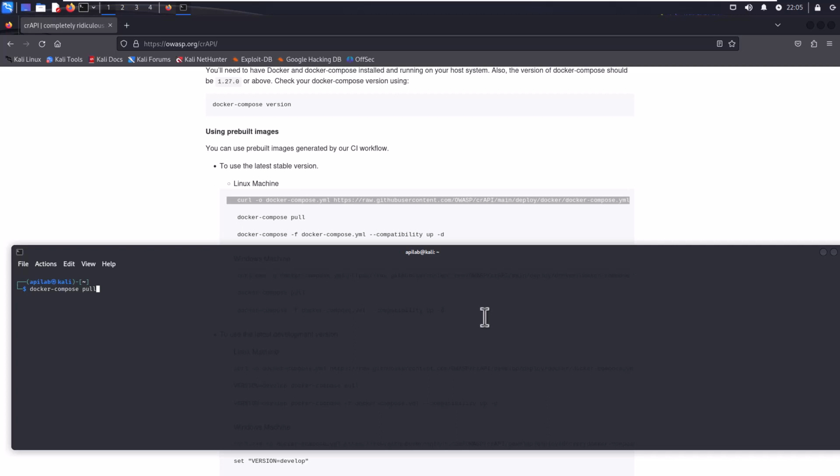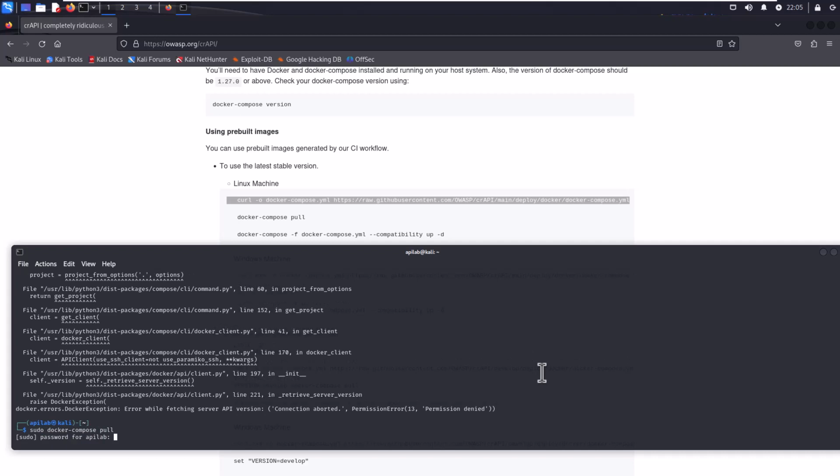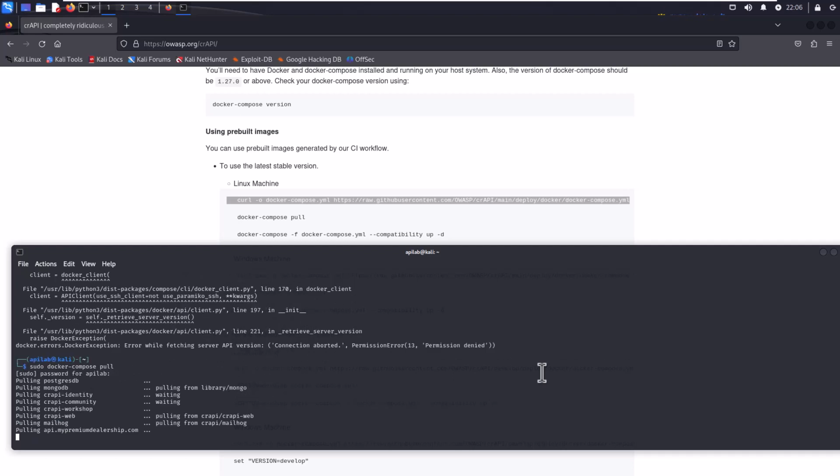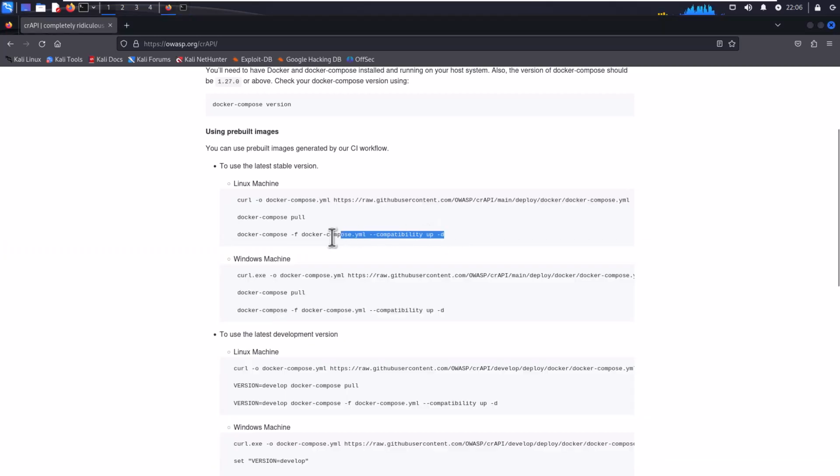Since we are in the same folder, it's going to pull back the images. And on this one, since Docker is running as root, we do need to run it as a privileged user for Docker Compose. Everything is now pulled down. So the last step here,